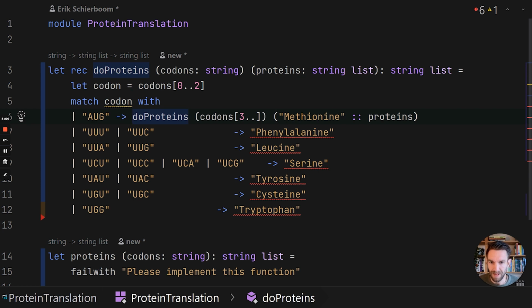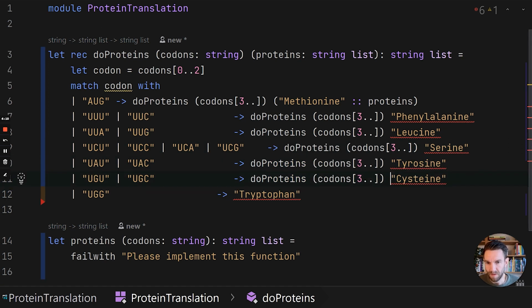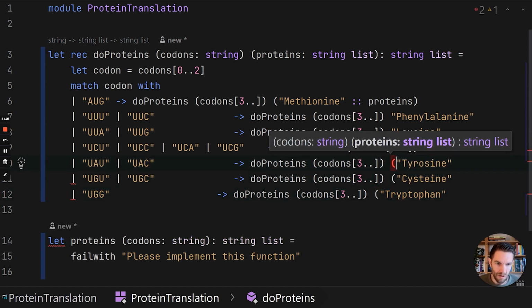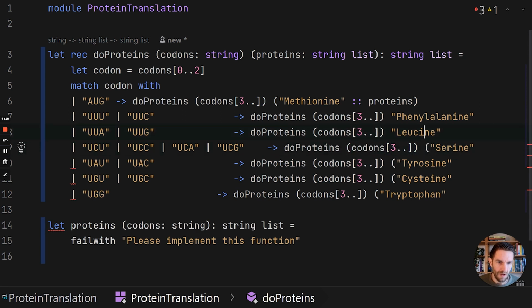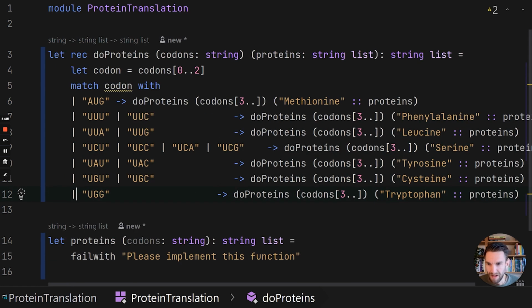So let's just quickly do the same thing for the other cases. And then we'll do this one. This is all a bit manual labor, but bear with me. Okay, so